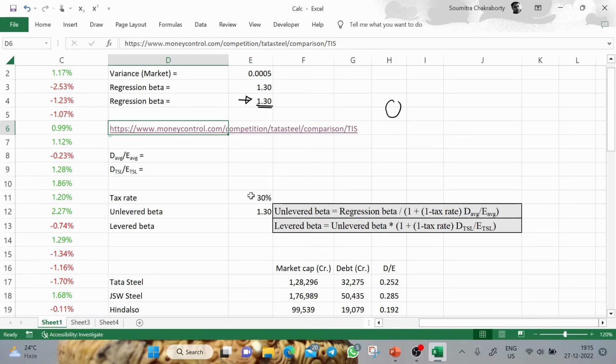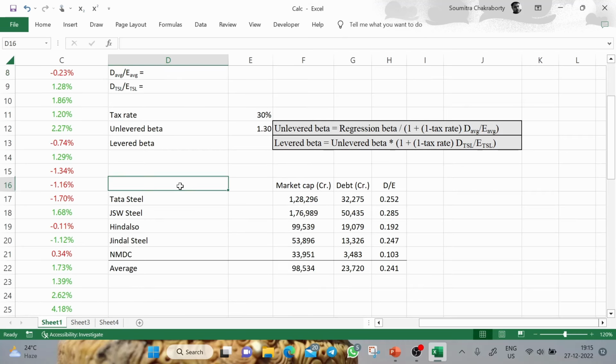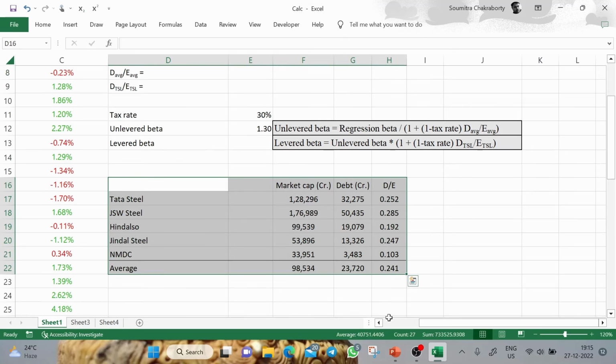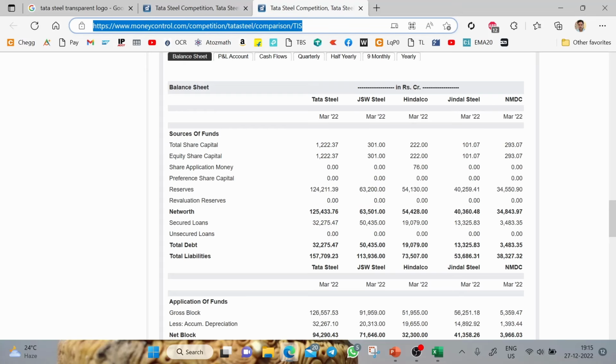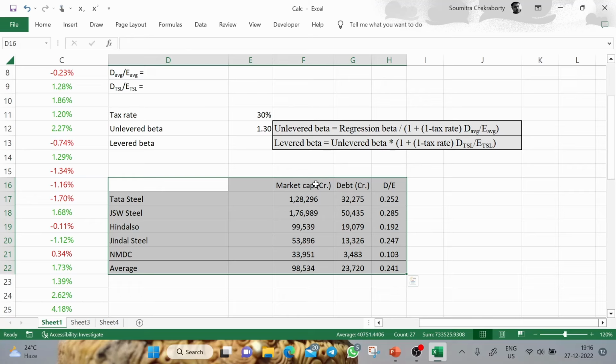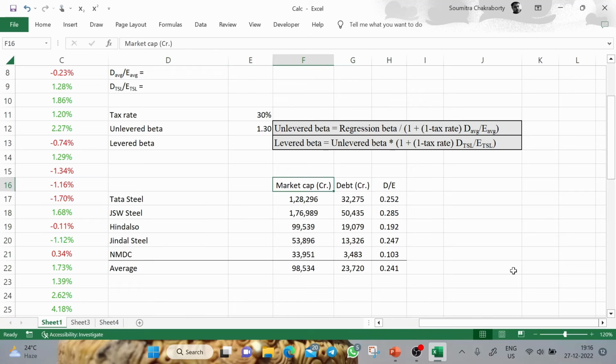First of all, we need to find the D by E ratios. I have noted down these figures, just copying them from this balance sheet. So what is D by E? D is the total debt and E is the total equity. But remember, we have to use the market capitalization. What is market cap? Market cap is